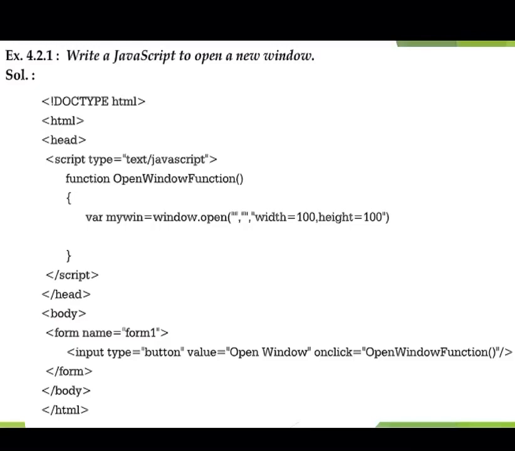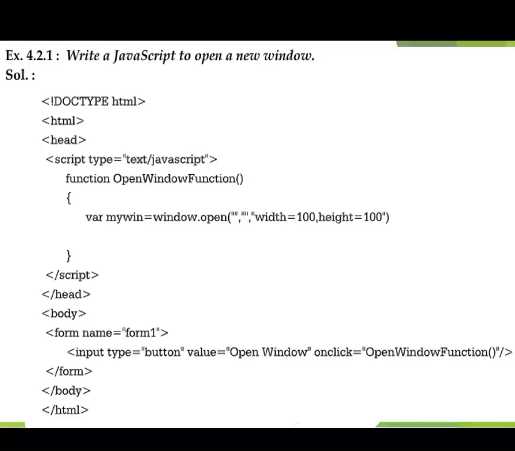Function openWindowFunction. In this function we are going to write code to open a new window. First we will take one variable, the name should be myWin. myWin is equal to window.open().